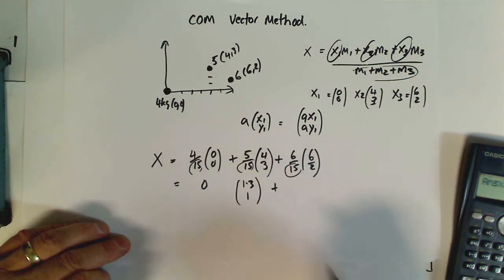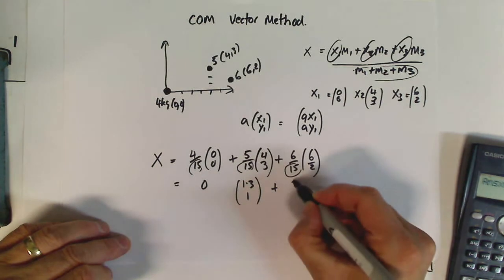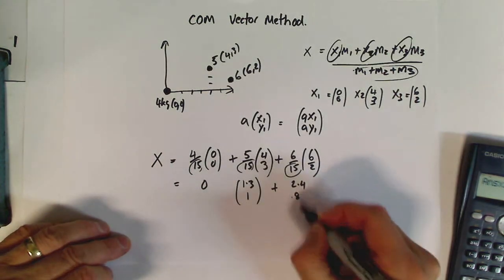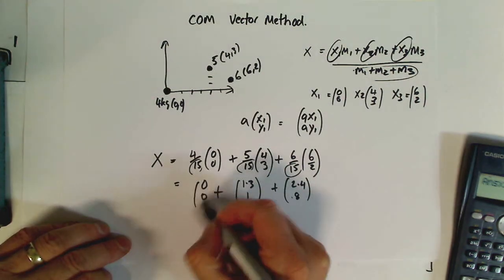So that's that vector component. Then we do the next bit, and the top component is 2.4, and the bottom component is 1.8. So now we've ended up with two vectors, and the way you add vectors together, well, 3 vectors, but